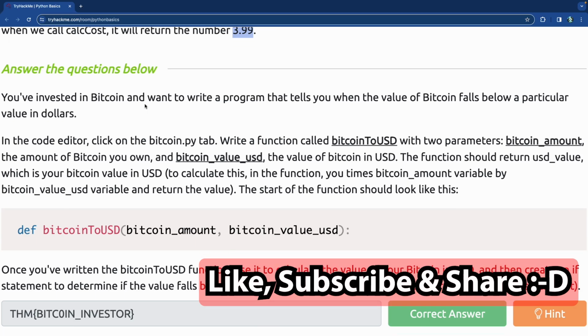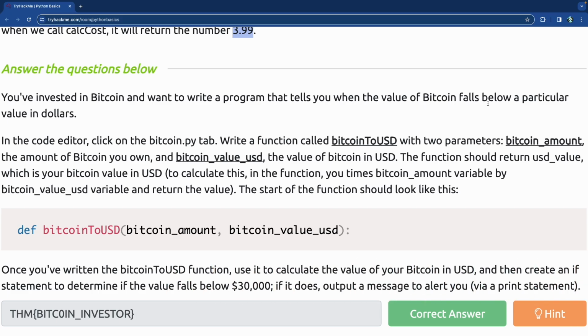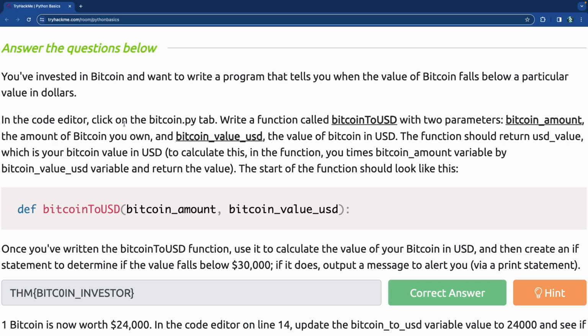So what we need to do is write a program that tells you when the value of Bitcoin falls below a particular value in dollars. In the code editor, click on Python or Bitcoin, excuse me. Write a function called Bitcoin to USD with two parameters, which is the Bitcoin amount and the